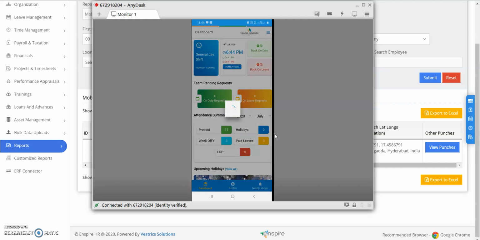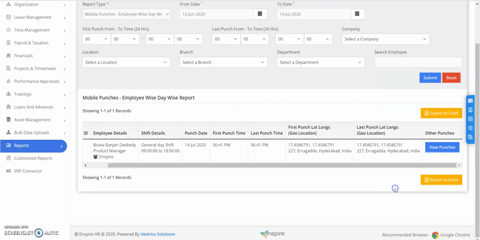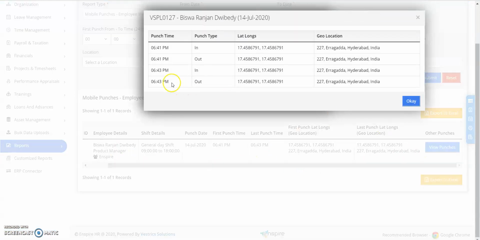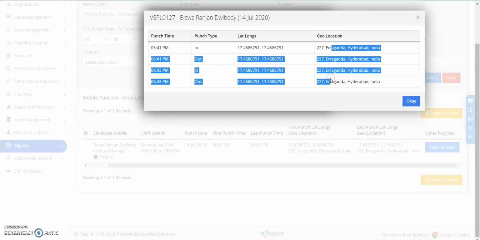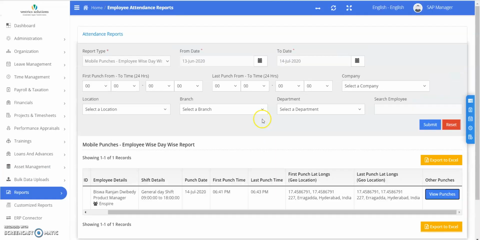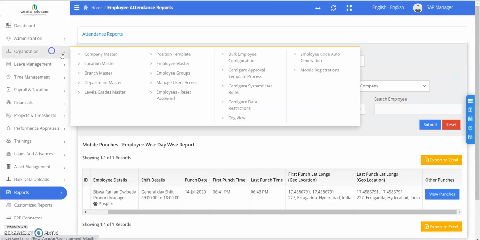Again I am doing punch out. So here you can see only one record. If you click on view punches, multiple records will come, along with the geolocation of those punches. In this way, admin can approve.